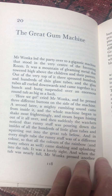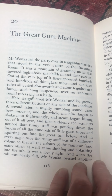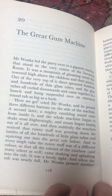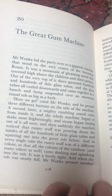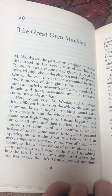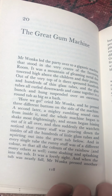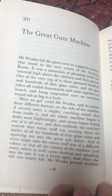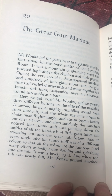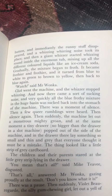A second later a mighty rumbling sound came from inside it, and the whole machine began to shake most frighteningly, and steam began hissing out all over it, and then suddenly the watchers noticed that runny stuff was pouring down the insides of all the hundreds of little glass tubes and squirting out into the great tub below. And in every single tube the runny stuff was a different colour, so that all the colours of the rainbow, and many others as well, came sloshing and splashing into the tub. It was a lovely sight, and when the tub was nearly full, Mr Wonka pressed another button,